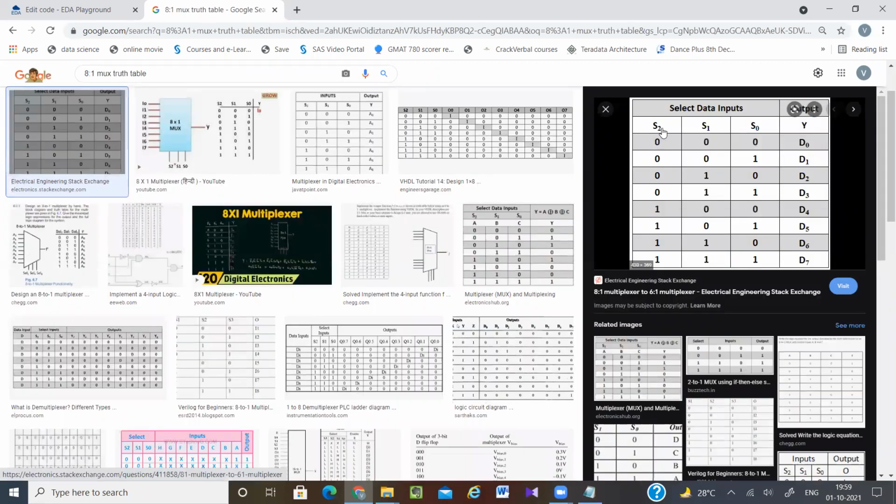Now here see S2 true. For that, first I have to write S2 true. Then for S2 true, I have to write S1 true. So when S1 is true, S0 true, false, so D7, D6. Now S2 true, S1 false, I get S0 true, false. So I am just starting from here. So input series will be D7, D6, D5, D4, D3 like this.